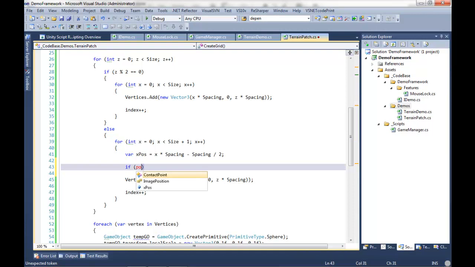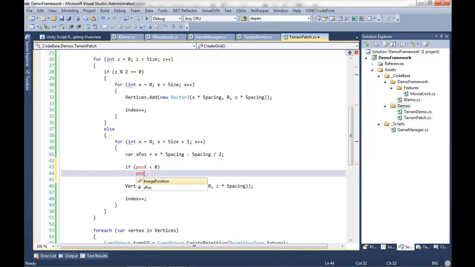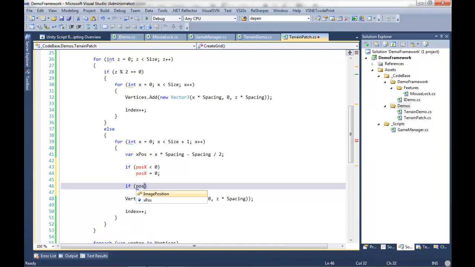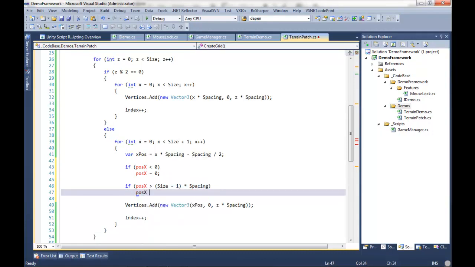Say if position x is less than 0, position x equals 0, and if position x is greater than size minus 1 times spacing. This is because we're using zero-based counting. And if we're greater than that, then we'll simply be equal to that, I would assume. Yep. Okay. So now it's equal to